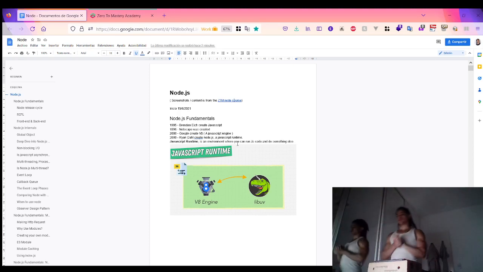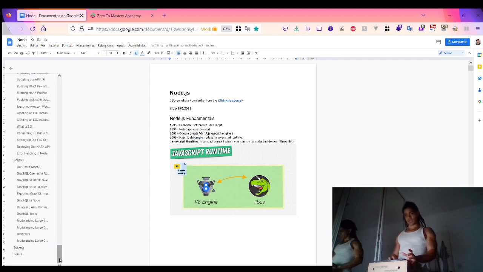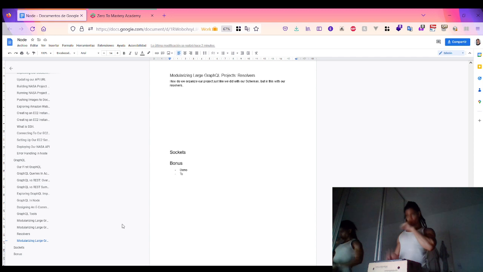Alright, so welcome back. Here now I'm going to look at the Node.js course from Zero to Mastery, and especially looking at a quick overview of what I have learned so far with GraphQL. Especially what are the issues. So what is GraphQL, which is a new query language, a new way of building APIs and interact with them,